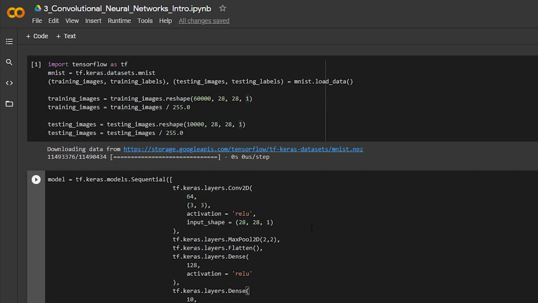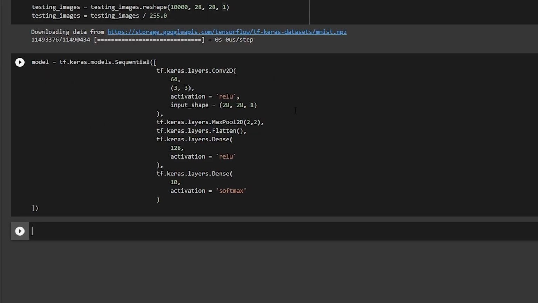I've already discussed all of these terms in the last tutorials. You can check the first tutorial. Not even the second, you only need to check the first tutorial. There you will have an intuition of what ReLU is and what softmax is. That is the reason I say try to have a little bit of understanding of deep neural networks in the first place, so that you can proceed with convolutional neural networks. Not necessarily that you have to learn deep learning, but it is better that you learn. If you have a set of these parameters, it is better you know everything. Now let us try to run this, and we have it.